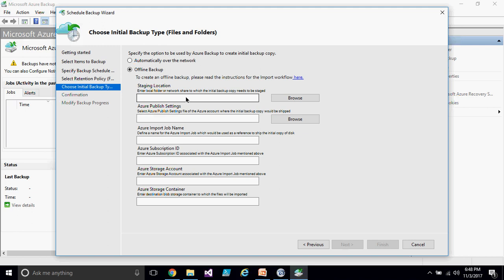That means if a company has tons of data which cannot be sent on the network, right, over the internet, which is practically not possible, then they have an option to send the hard drives to Microsoft data center, right? So that is called as an offline backup process, right? So you have to pay separately for that. So that is called as a Azure Import/Export service, where you can send your hard drives packaged to Microsoft